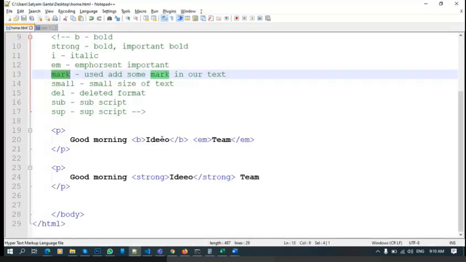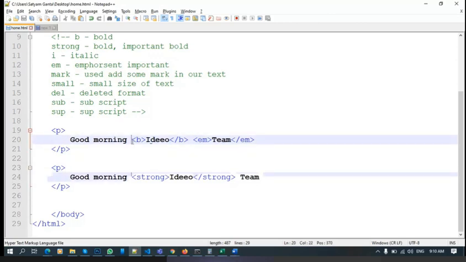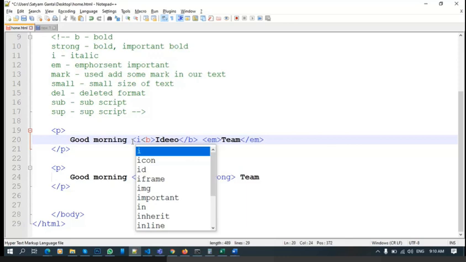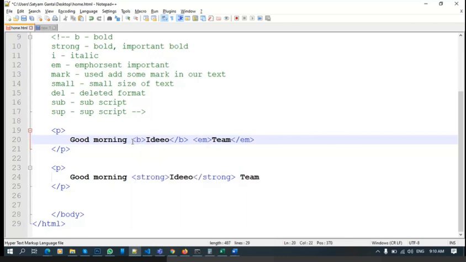Any idea? You can add two tags at this time. Where can I add? Outside of the B tag? Before the tag, or after the B tag. So why can't I add this before the B tag? Both ways work. No problem. Okay, because we said this is a nested element, we can write any type of format. That's not a problem. Okay, so I'm adding the italic